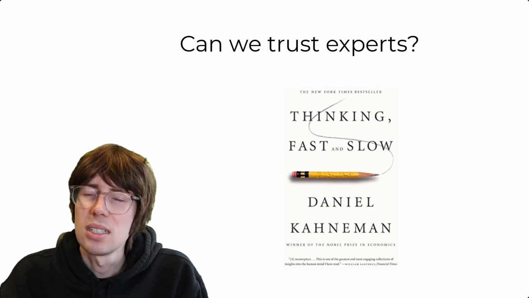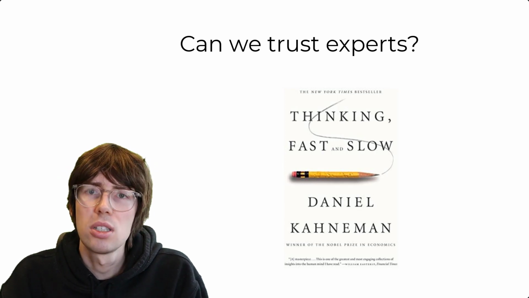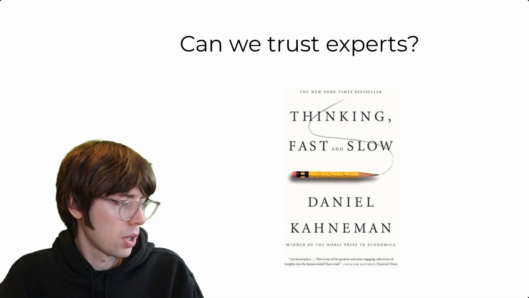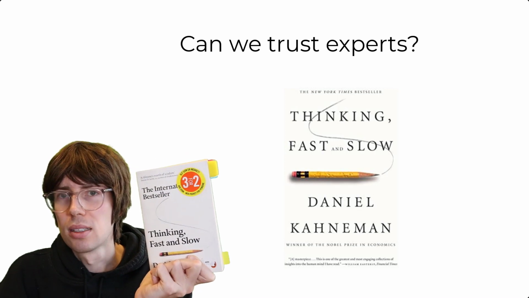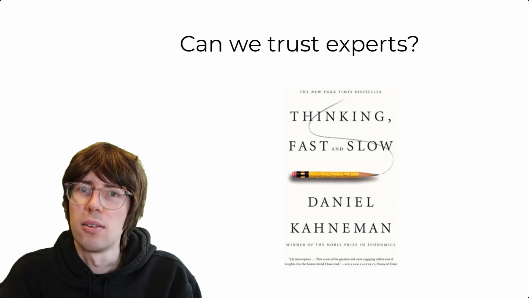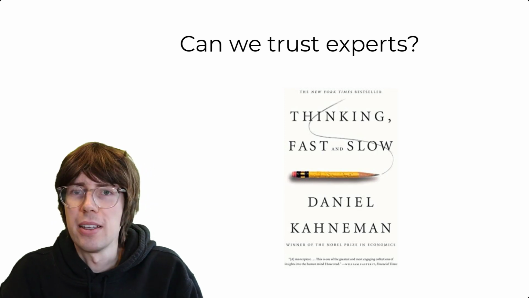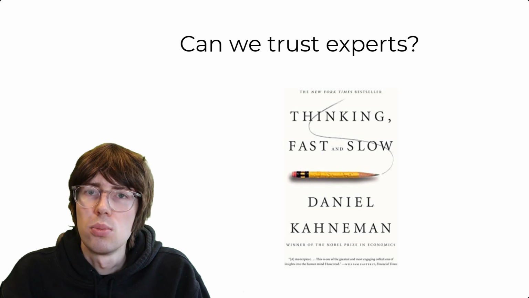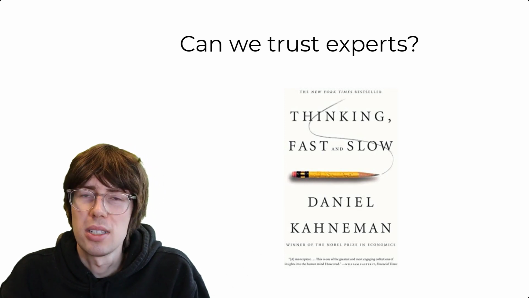But the problem with intuition, or these mental heuristics, is that you fall victim to systematic errors of judgment, and that is called cognitive bias. So Kahneman's book, Thinking, Fast and Slow, can tell us a lot about the strengths and weaknesses of relying on what he calls System 1, which is this fast, effortless, intuitive, automatic thinking, which expert judgment is basically based on. So these two books are absolutely recommended reading when trying to figure out: can we trust experts, yes or no?